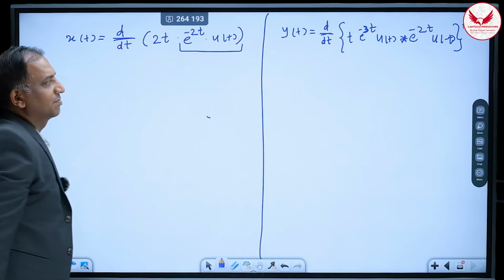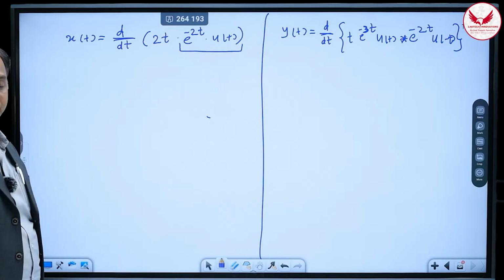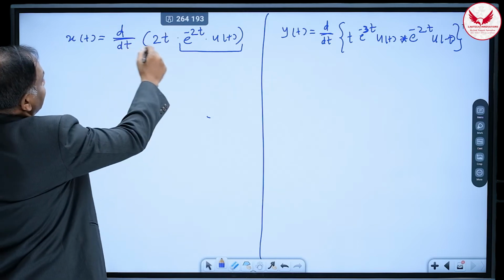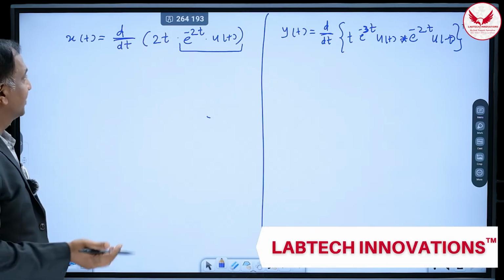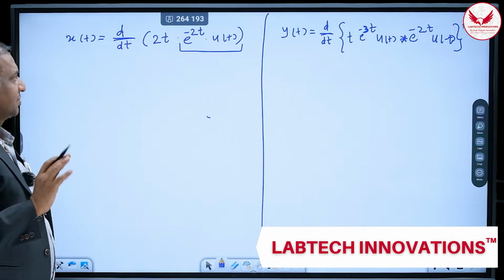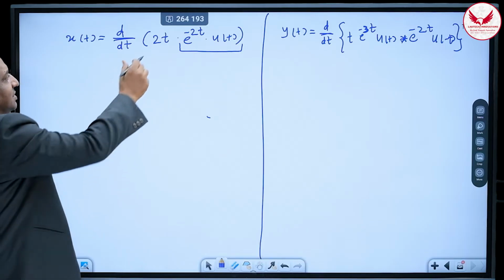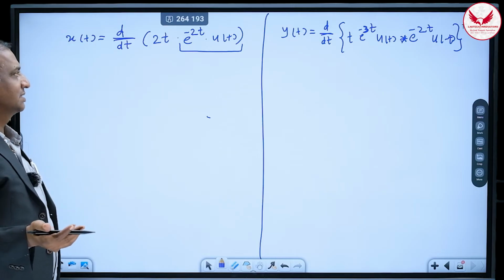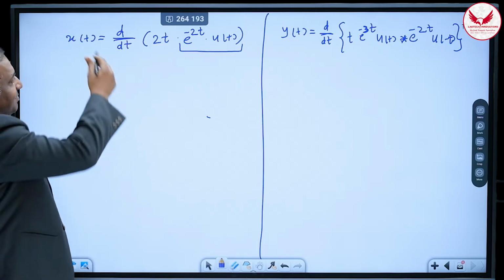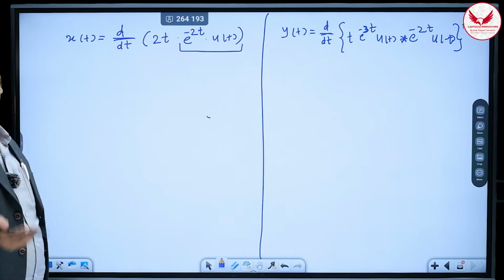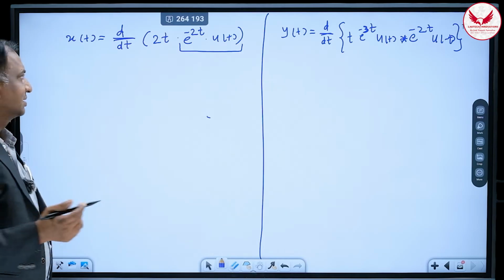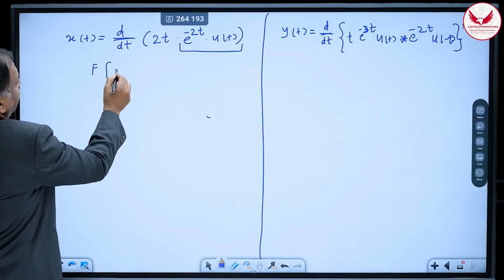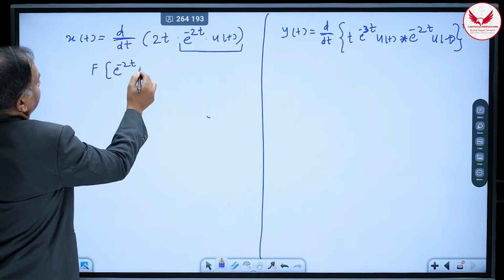So you can use this property, which is called differentiation in the frequency domain. Then this is a differentiation of this signal, so again you have to use the differentiation property. So you have to use two properties. One is, if the signal is multiplied in the time domain by t, that is the differentiation in frequency domain property, and differentiation in the time domain is equivalent to multiplying the signal by j omega, that we will see. Now let us write the Fourier transform of e raised to minus 2t u of t